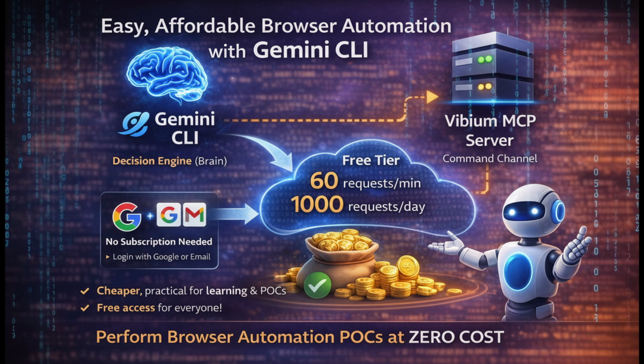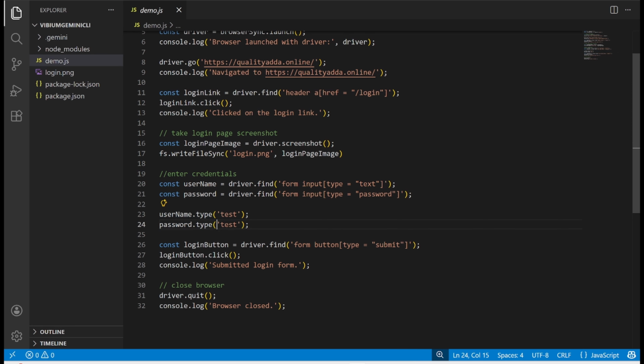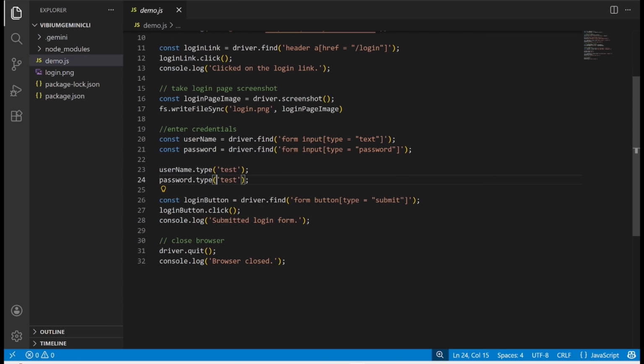So let's see how Gemini CLI works with Vibium. Let me quickly open VS Code and show you how we manually write JavaScript code to launch a browser. Go to Quality Adda website. This is the test website. You can try and click on login and enter username as test and password as test to log in using Vibium and JavaScript client. You can watch my another video where I explained how to write automation code manually using